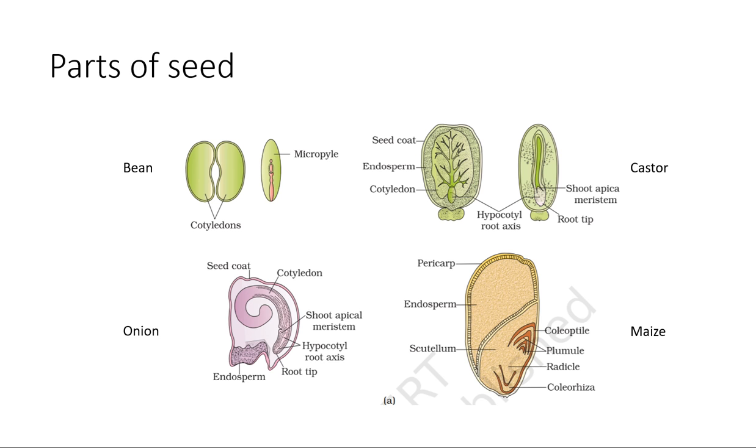Now, in this slide, we are watching the parts of a seed. First of all, the integuments of the ovule harden into the protective seed coat. The outermost is called the testa and the inner one is called tegmen. Here a small pore is present in the seed coat, which is called the micropyle. The function of the micropyle is that it facilitates the entry of oxygen and water into the seed during germination.